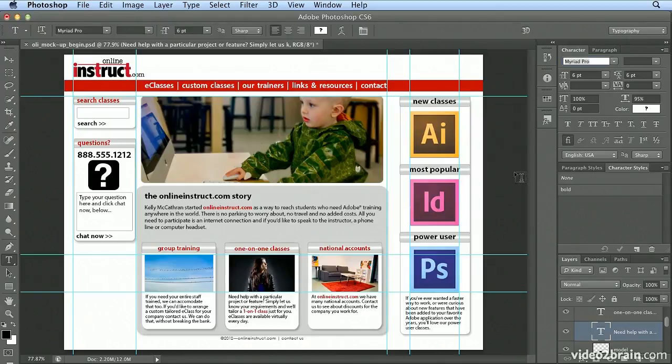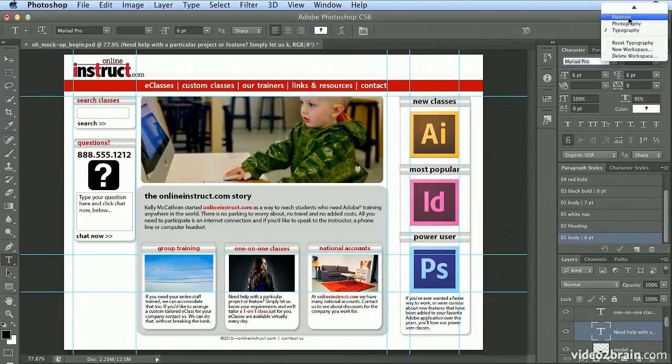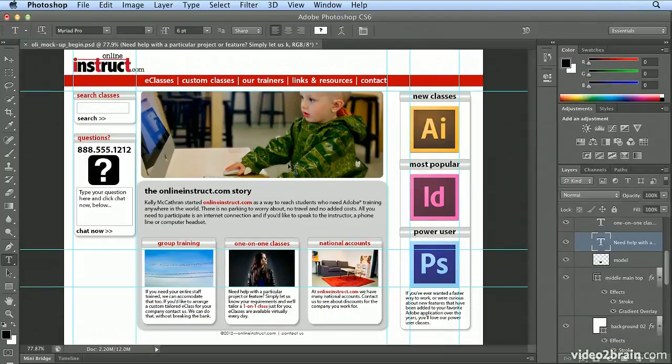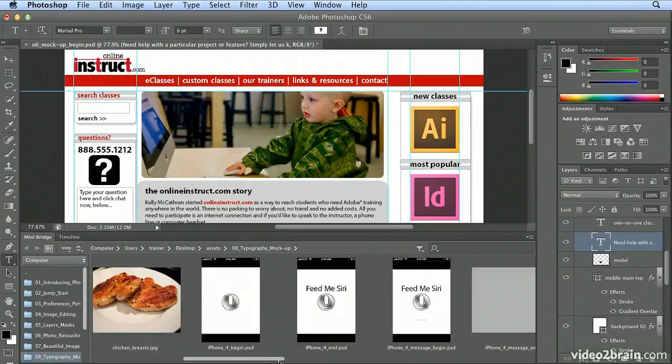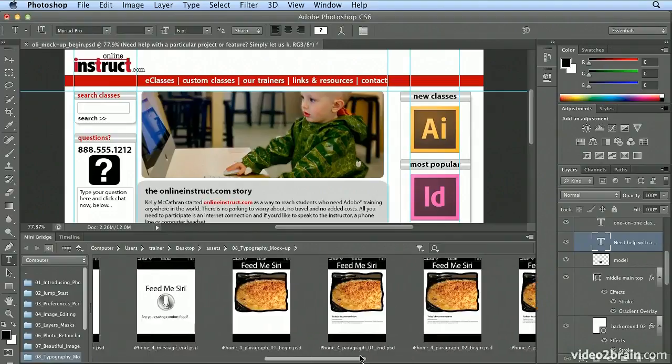The last thing is, if I look at the paragraph styles, I could actually take the body style, there's 2 occurrences of them, 6-point and 7-point, and make one global edit to change the font to something other than Myriad Pro if the client decides they want to go a different route. In fact, I'm going to bring up Mini Bridge, and to do that, I'll go back to the Essentials workspace. In the Essentials workspace, I can double-click to bring up Mini Bridge, and you should see a document that has fonts